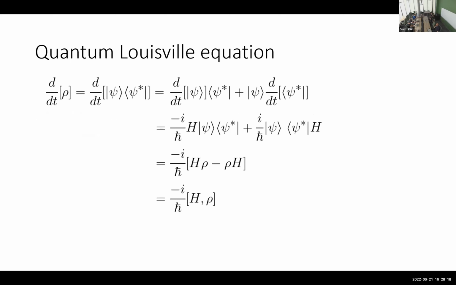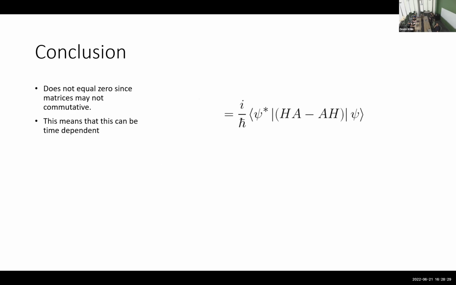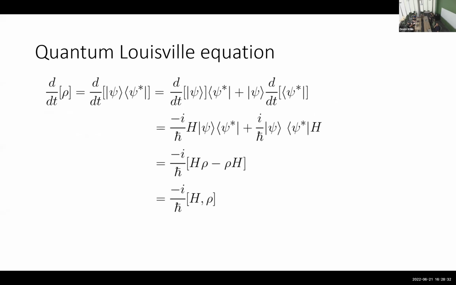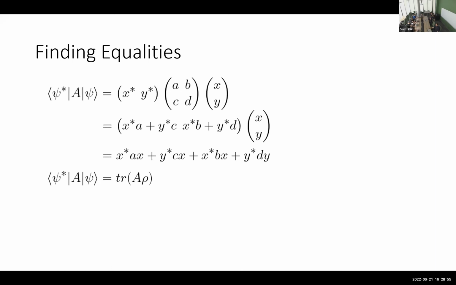And then connecting this to the quantum Liouville theorem, our density over time, we pretty much get this exact same thing again, but it looks slightly different. You'll commonly see it as 1 over i h bar, which all they did was multiply the top and bottom by i. And then trying to find some connections between these different things, we're able to see